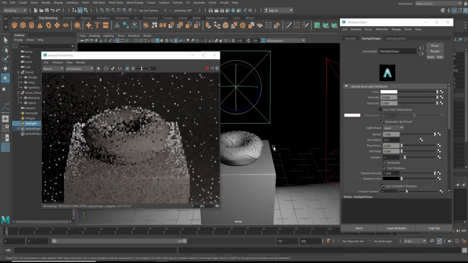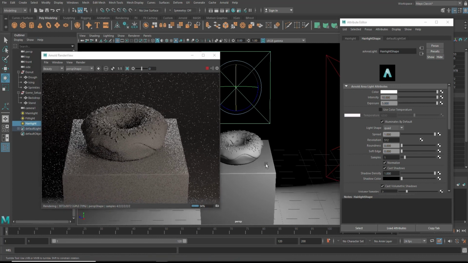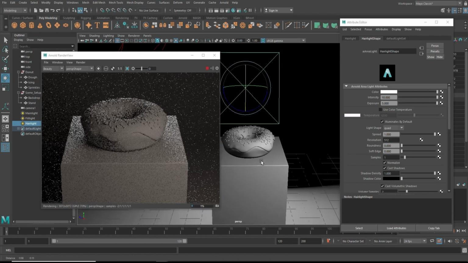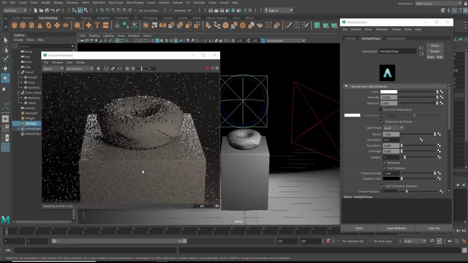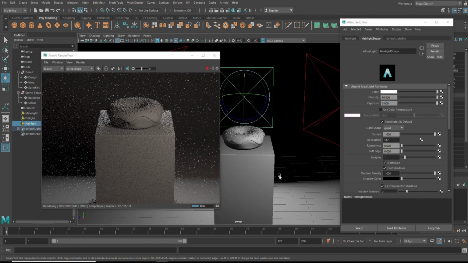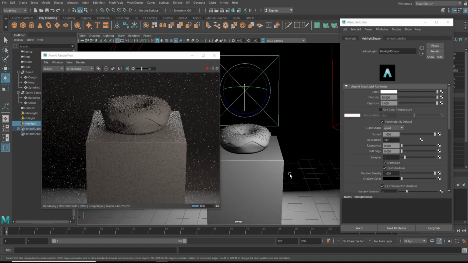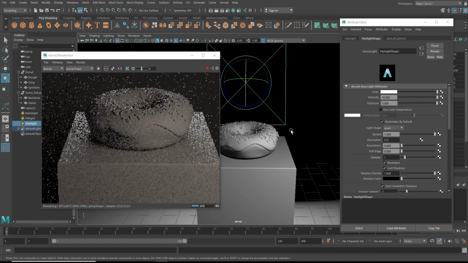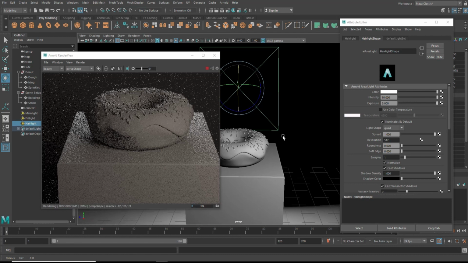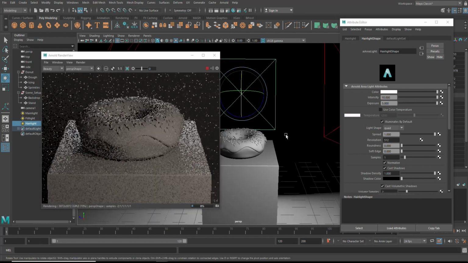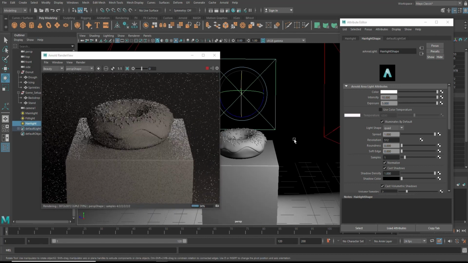I kind of like how we see that light going on there on the stand. This would be about the right angle. Yeah, I think that looks fine.